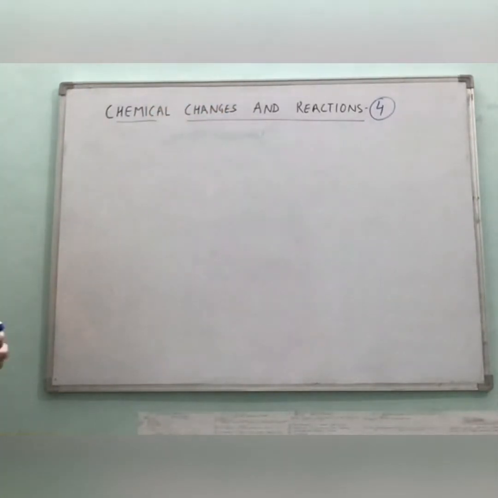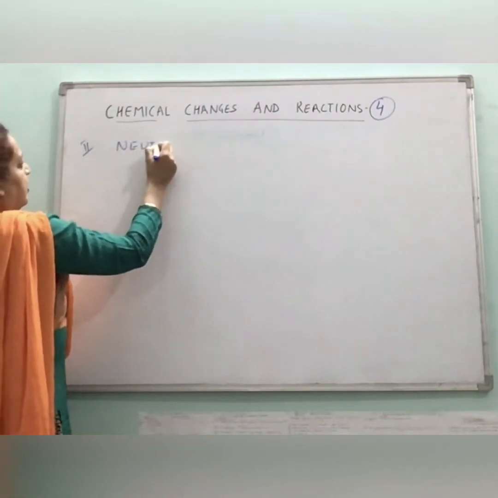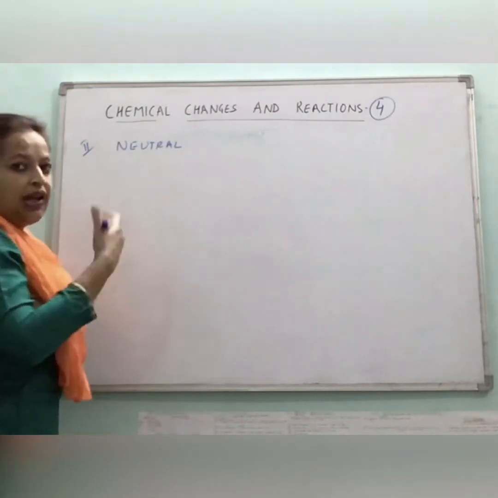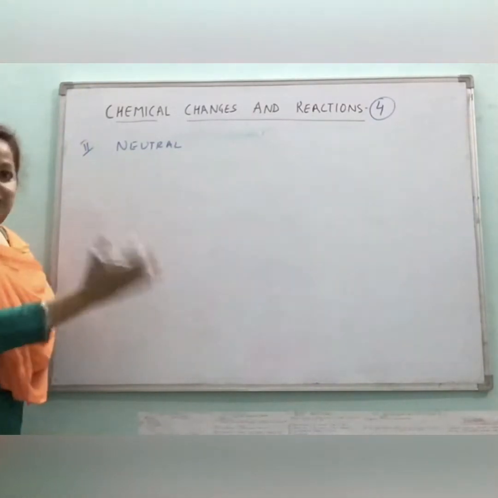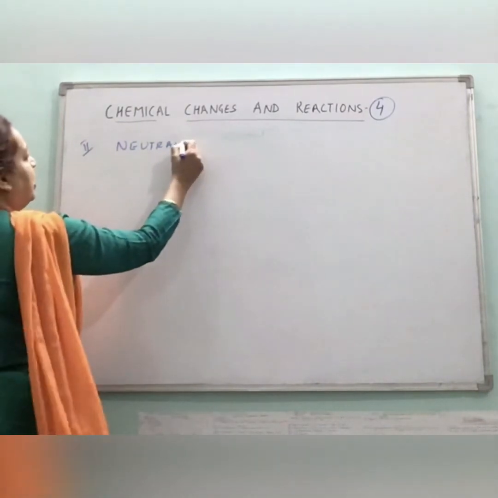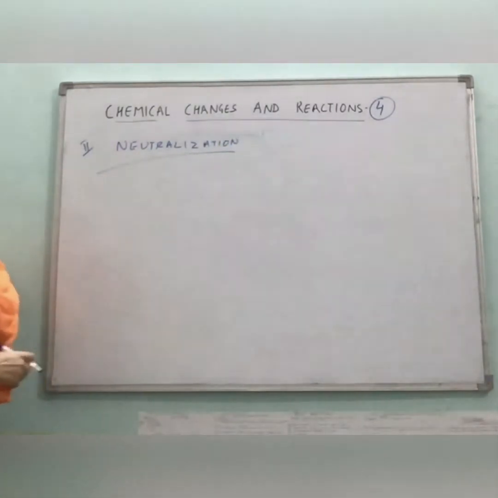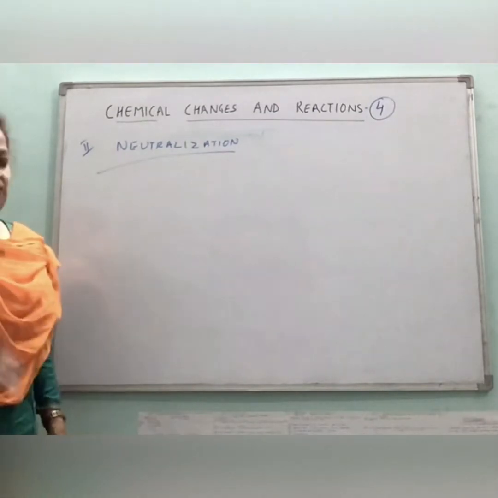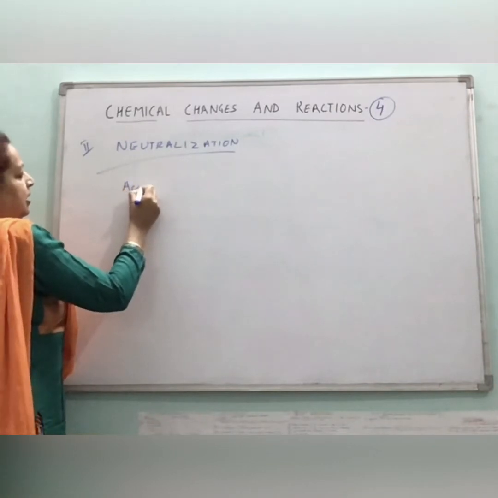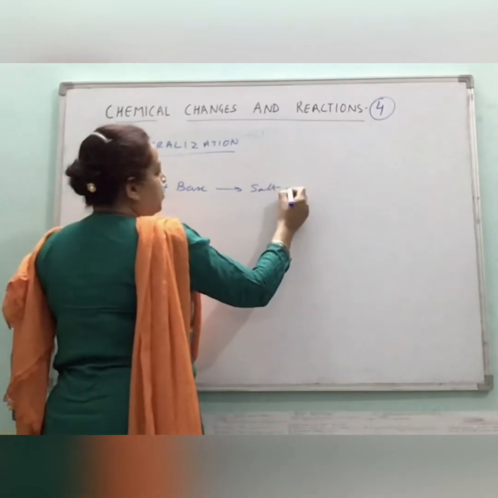The second one is neutralization. Neutral. Acid and base, when they combine, they become neutral. The process in which an acid reacts with a base to form salt or a neutral substance is called neutralization. So what is the second type of double decomposition? The second type is neutralization. There are 2 types: precipitation and neutralization. Whenever an acid reacts with a base, it forms salt plus water.